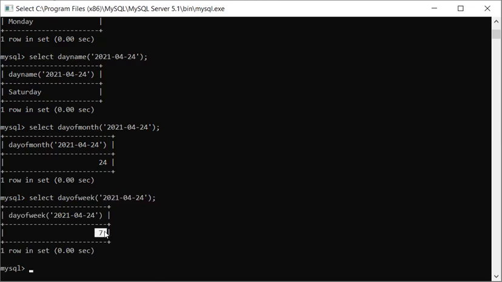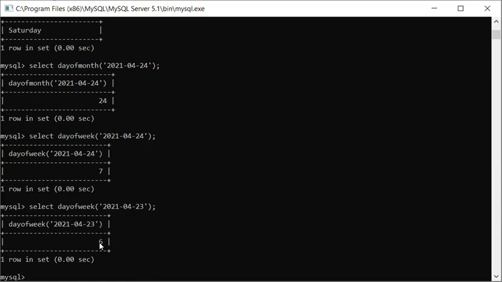Saturday is considered the 7th day because the first day is Sunday. If you take yesterday's date, it is the 6th day, because counting Sunday as 1, it will give you 6 as the answer.